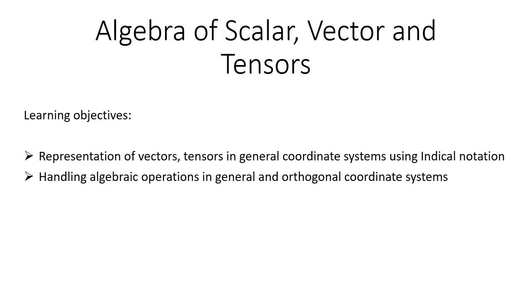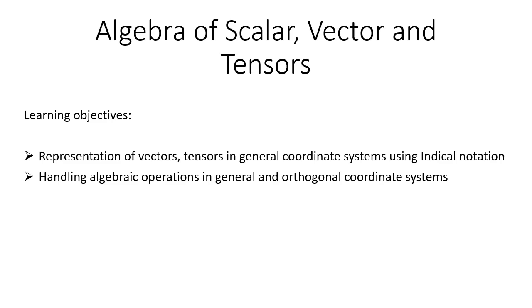Actually we know this, but we haven't been trained in a manner to recognize this earlier, and the main emphasis is on general coordinate systems, not necessarily confined to a Cartesian coordinate system, as is usually the case. So we will learn to represent vectors and tensors first in general coordinate systems using indicial notation, and then